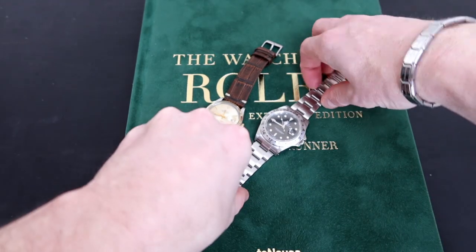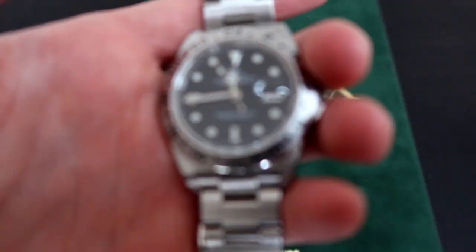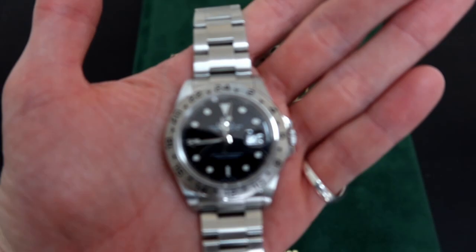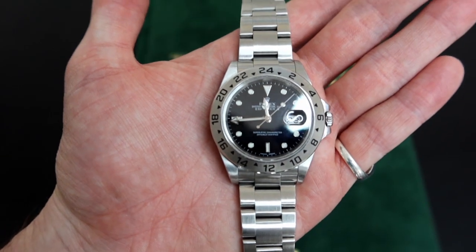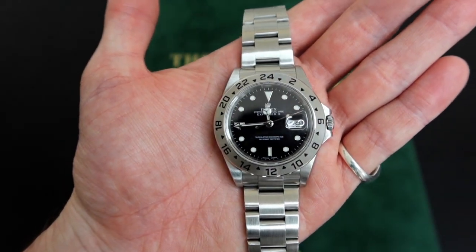The case is a little bit larger, 40 millimeters instead of 36 millimeters, which is significant for people who find themselves... I apologize for the focus here. Give me 1 second so I can get this thing in focus for you. There you go. 40 millimeters is a little bit larger, and size of the case can be an important factor,